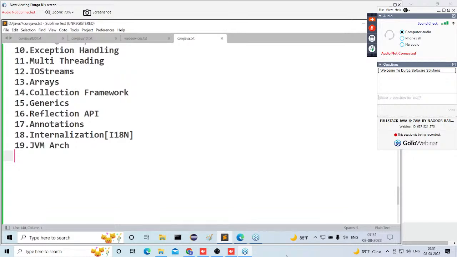Observe carefully. How is the interpreter available? What is the problem with the interpreter? To solve the problem of the interpreter, how was the JIT compiler introduced inside the JVM? That one also we are going to understand clearly. After that, the memory management system exists. How heap memory exists, how method area exists, how stack memory exists, what is the purpose of each and every memory area, and which type of data will be stored in which memory. That overall analysis we are going to understand inside the JVM architecture.